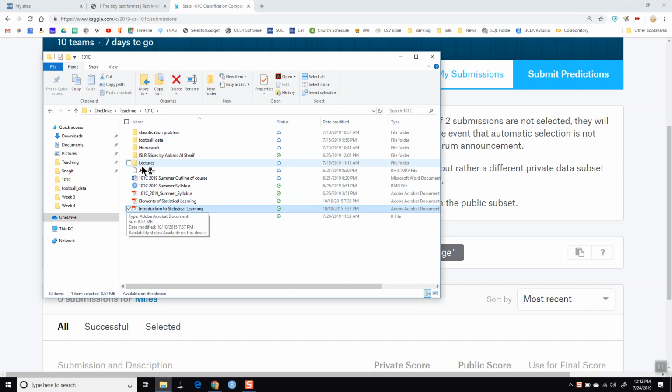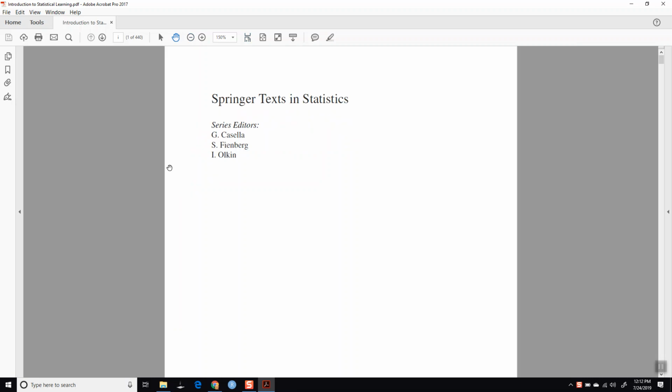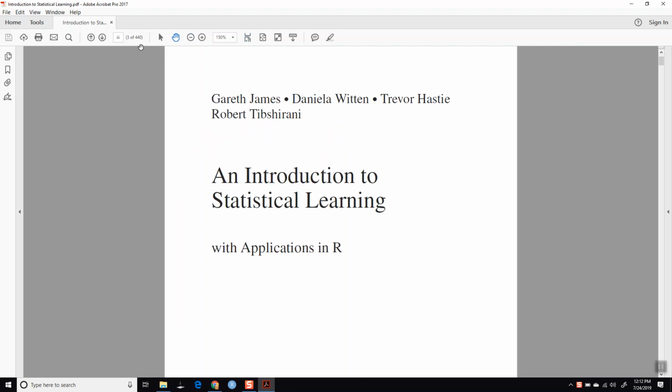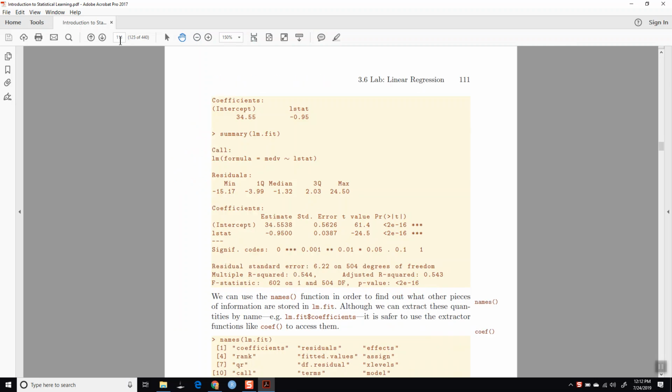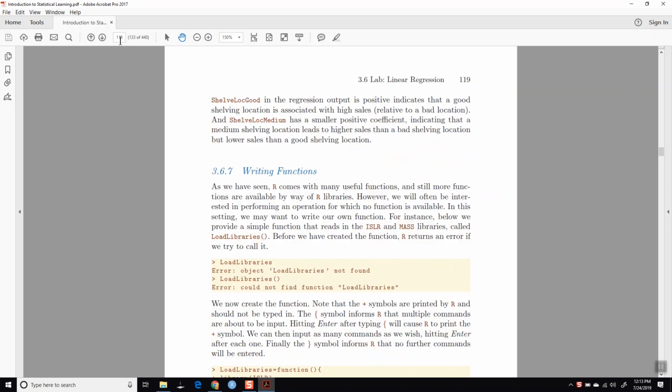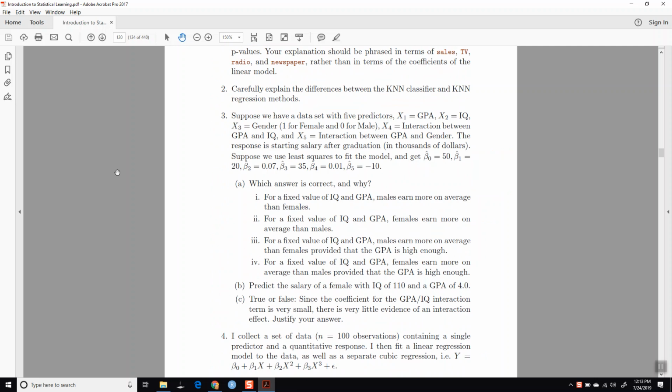But the questions that I write for the final exam will be based on the conceptual questions that appear at the end of each of these chapters, right? And so, some of them are difficult to put into kind of exam form, but